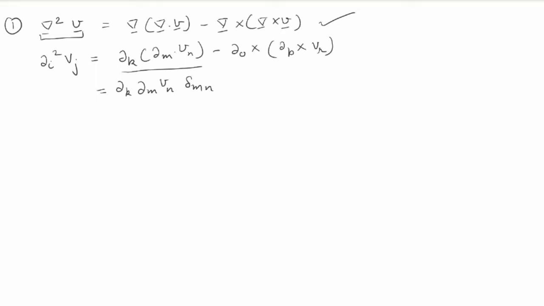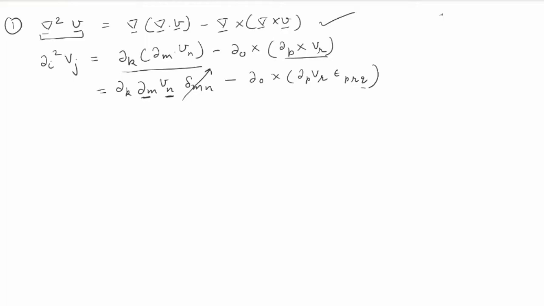So the Kronecker delta comes because of the dot product, and when we solve this quantity, ∂o crossed with ∂p vr, εprq. Now here q is a vector because p and r are repeating. When we do a dot product, u dot v is equal to v dot u. But when we are doing this in differential calculus of vectors and tensors, we cannot exchange ∂m with vn. We cannot write vn ∂m because there is a derivative ∂m that we will have to do for n, so we cannot change the order when we are dealing with calculus.